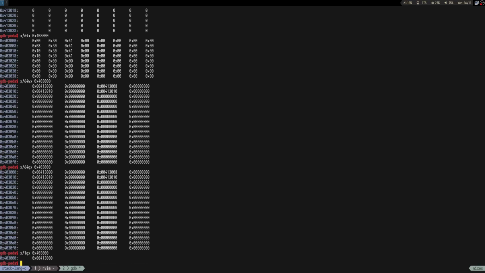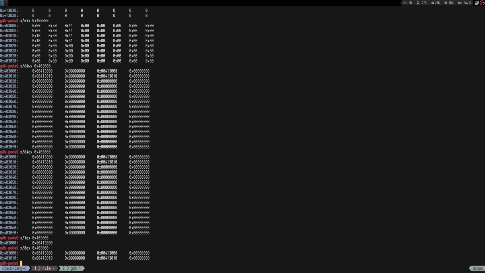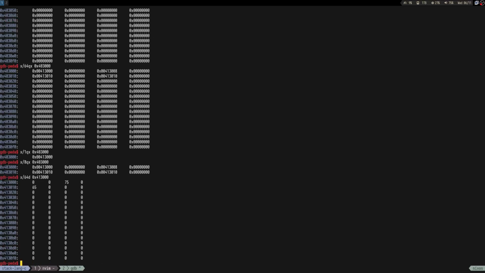But let's show only one keyword, right? So one keyword where we can show 8 keywords. So we see on the stack we have, this is the first line. So if I show this one,